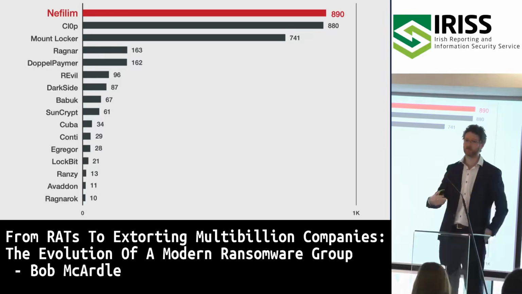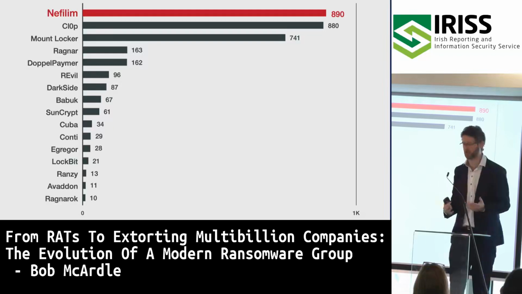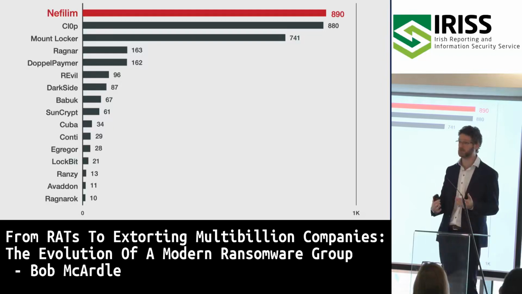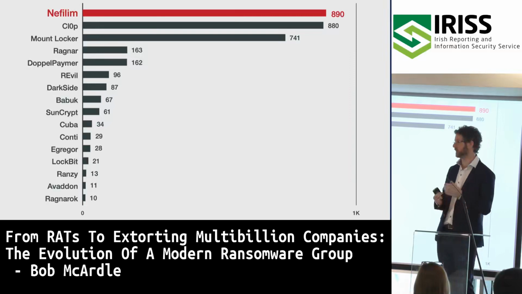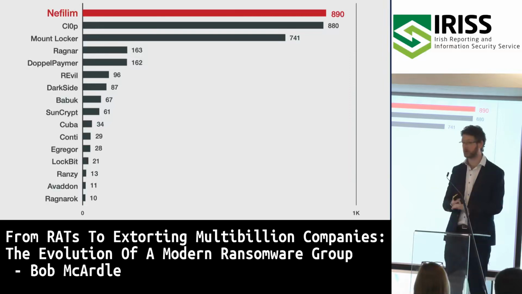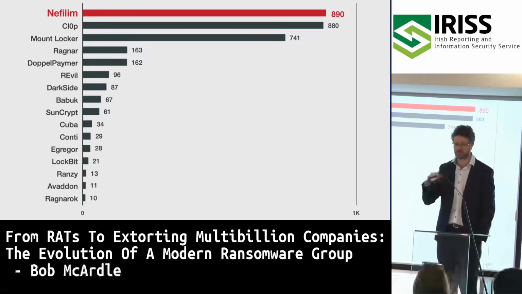And even on the advertisements, when they're reaching out to affiliates, so we see in criminal forums, they specifically say they only want companies that are 200 million plus in revenue and ideally in the $1 billion range. So this is what their market is. And if you think of that from a business strategy, it means that those people that they infect are going to be much harder to actually ransom. They're going to have better security software, InfoSec teams, all of those types of things. So they're harder nuts to crack, but if you crack them, any one of those is potentially a massive payday, right? Because they have much more money on the books than the middle of the road. So this is just a business strategy, if you like.